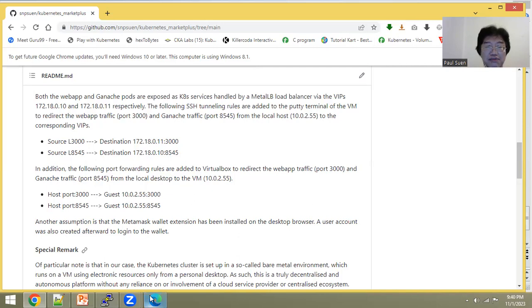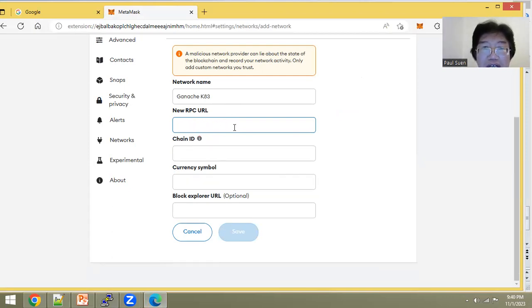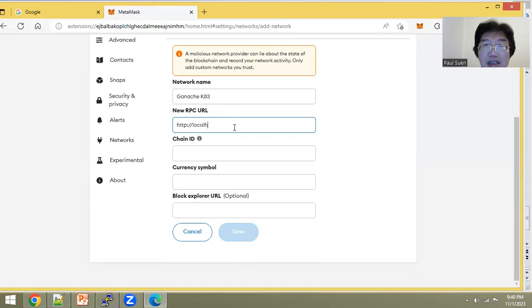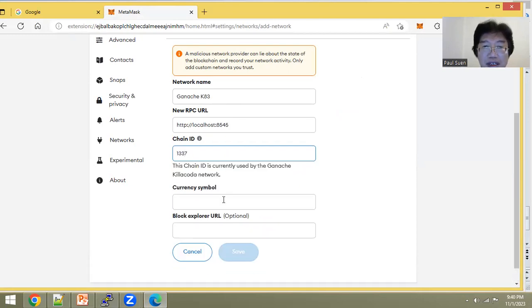So we entered this one. What was 8545? Then the chain ID is 1B37. Yeah. So we press save,